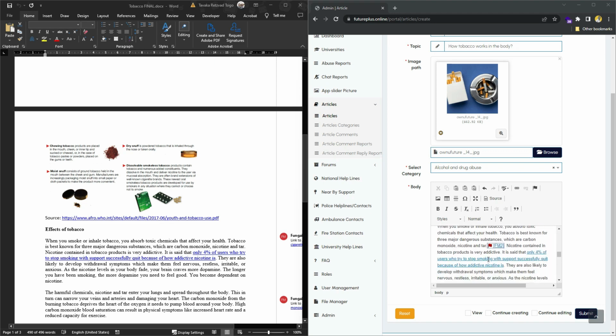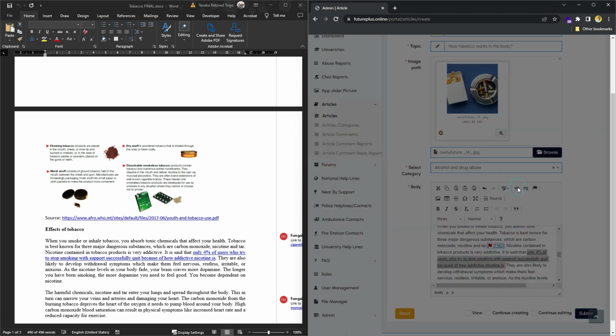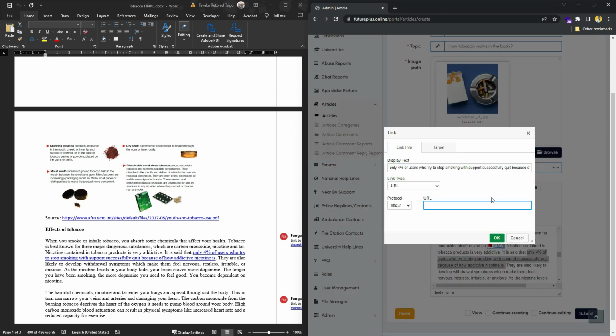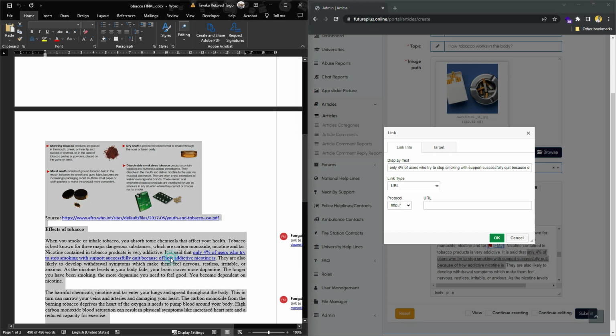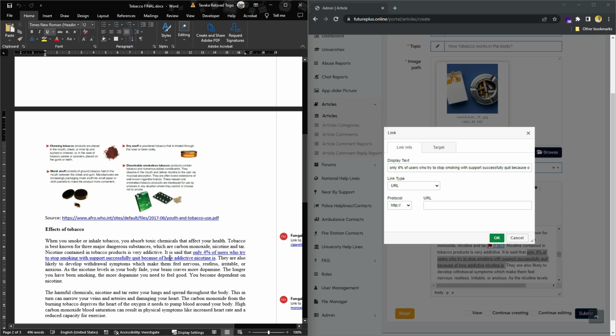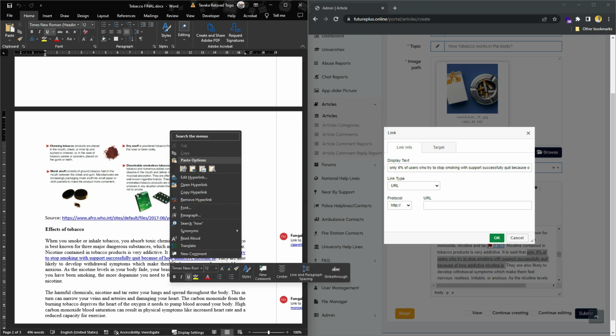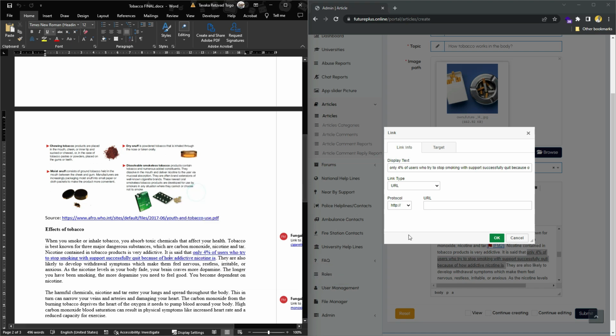We go to a setting like this, and click link, right? And then we have to paste in a URL. That URL, you can get it from our Word document. Click copy link and paste link,